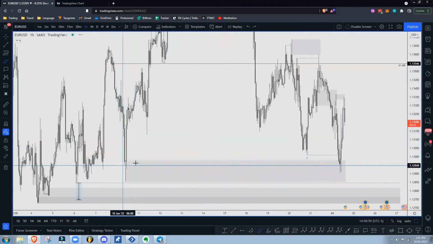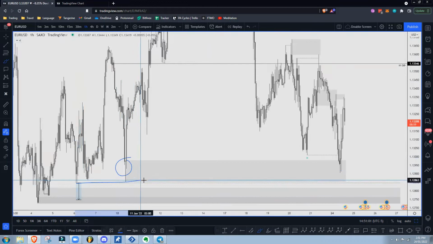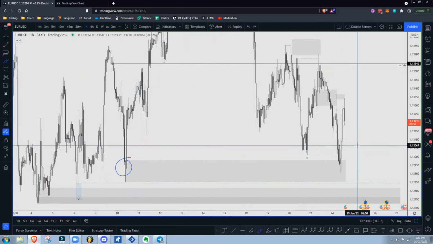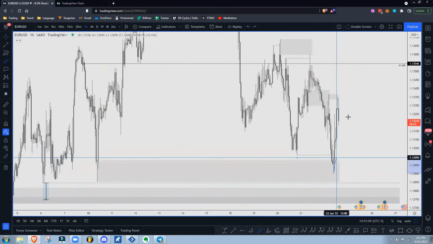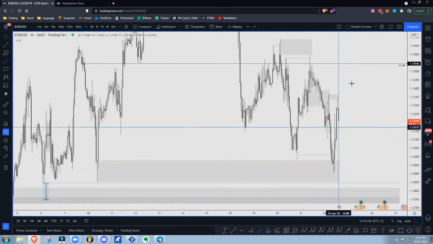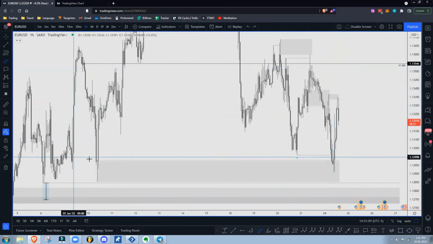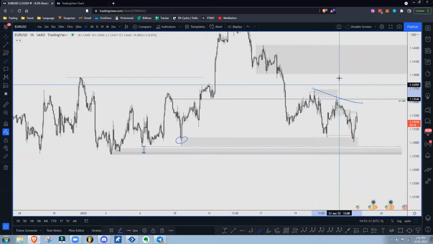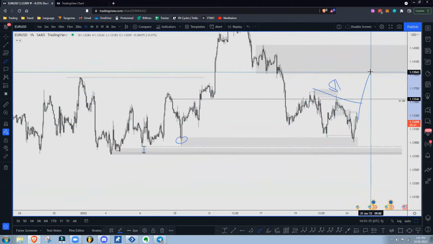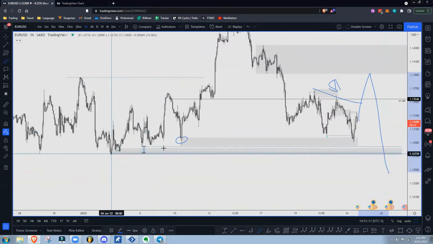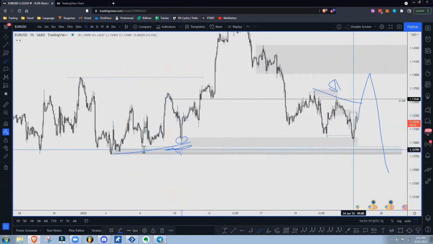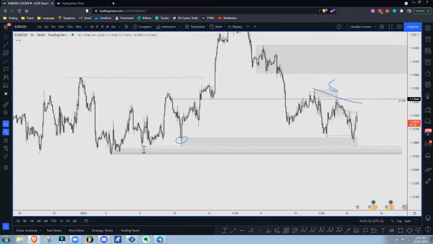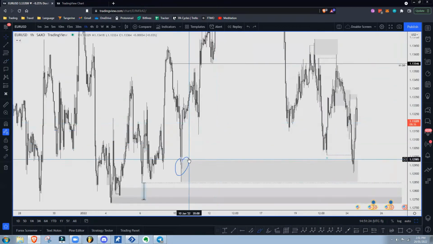Plus there's that POI. Of course, it's not the best POI because we have these equal lows, but like I said, I was anticipating only a pullback from it anyways. Even if it goes up to here, I'm still only anticipating a pullback from this POI. I still believe that at the end of the day, even if we come back up and take out all this and it comes up like this, we're coming back down and we're going to mitigate, we're going to be taking out that. So that's going to be the main trade idea.